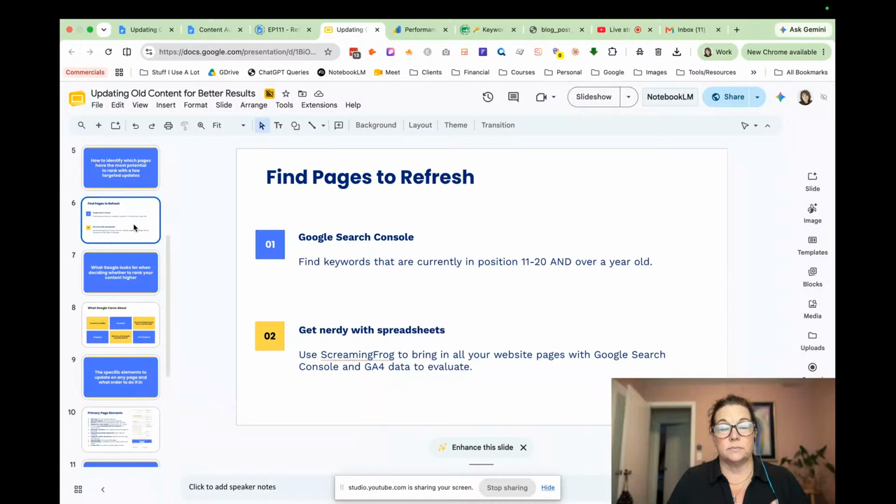There's two ways, probably more ways. These are the two ways that I like to look at it. One is using Google Search Console. So you can find keywords using your Google Search Console. You can find keywords that are currently in position 11 through 20,